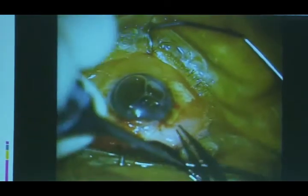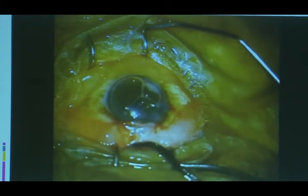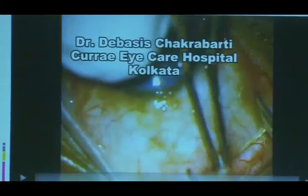I would now invite Dr. Sirisha Senthil, who is currently the head of the Department of Glaucoma in LV Prasad Eye Institute, to discuss phacotrabeculectomy,